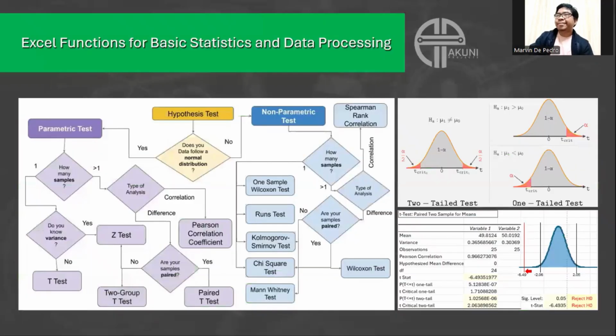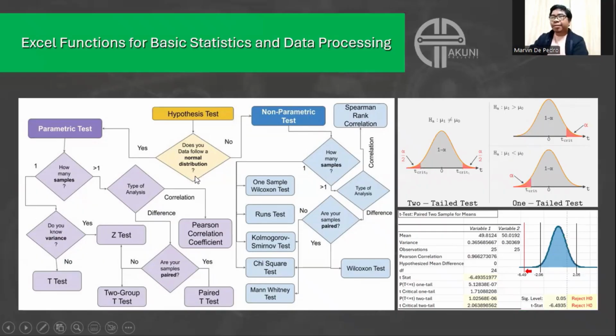And now, when it comes to inferential statistics, one of the things that we do is hypothesis testing. One of the reasons why we do inferential statistics is because we want to test whether our hypothesis is acceptable or not. So this is what I was talking about a while ago. When we do hypothesis testing, the very first thing that we check is whether our data follows a normal distribution. Normal means something like this. There's no skew.